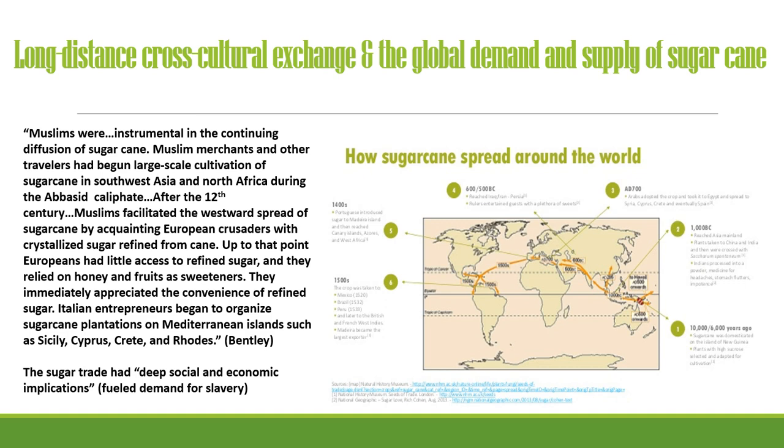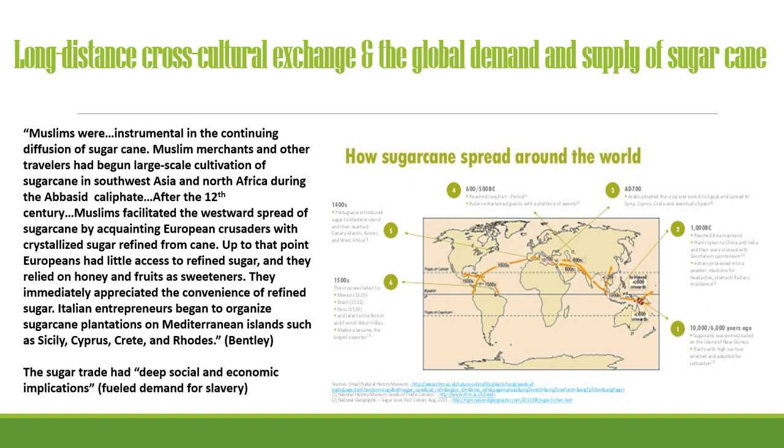So our text also gets into how certain crops and products, manufactured goods, were spread along these increasing lines of communication and travel, trade connections, trade routes, etc. in this world system, at least according to Abu-Lughod. Muslims, according to our beloved author, Mr. Bentley, were instrumental in the continuing diffusion of sugarcane. They'd been involved in it for a long time before we're picking this up here.